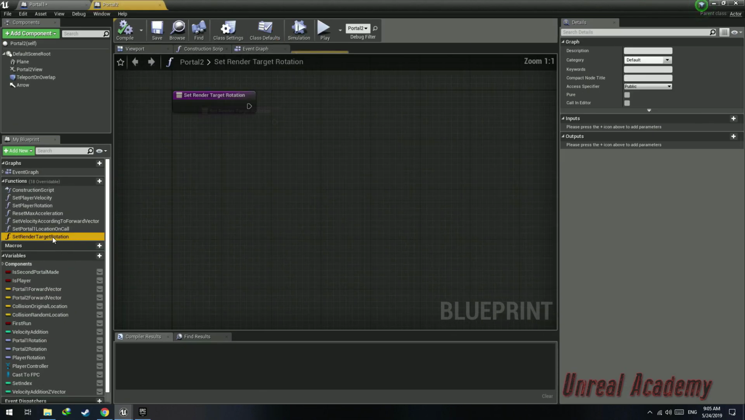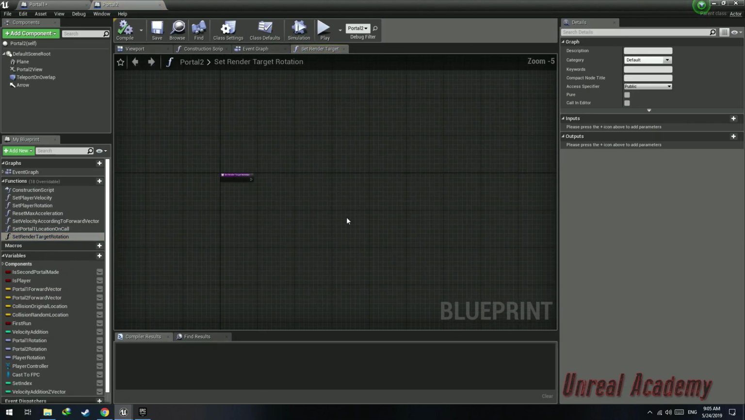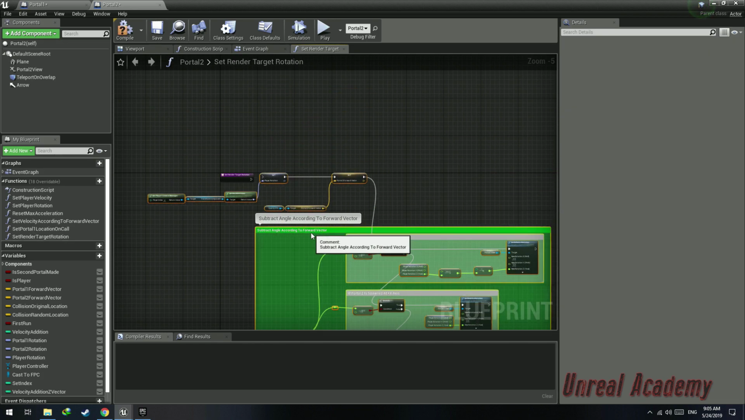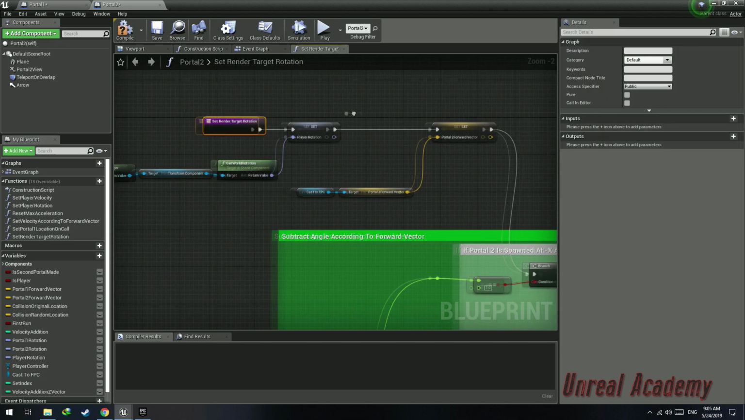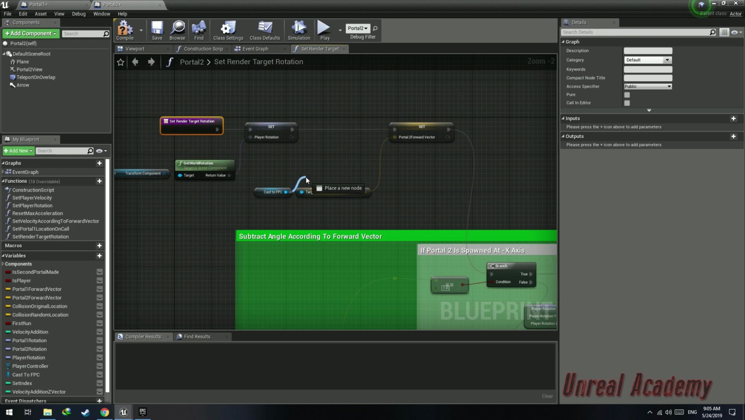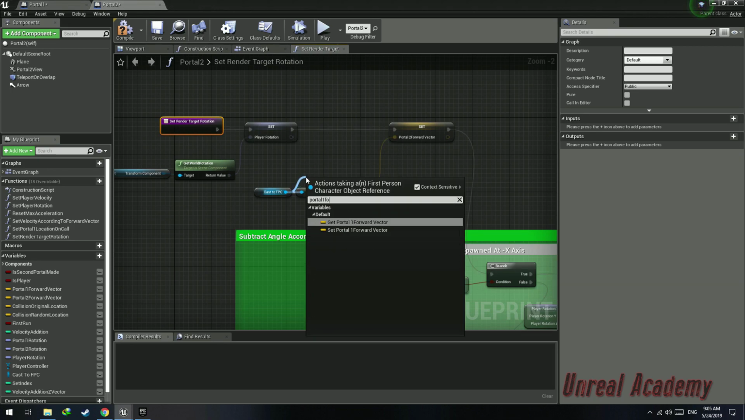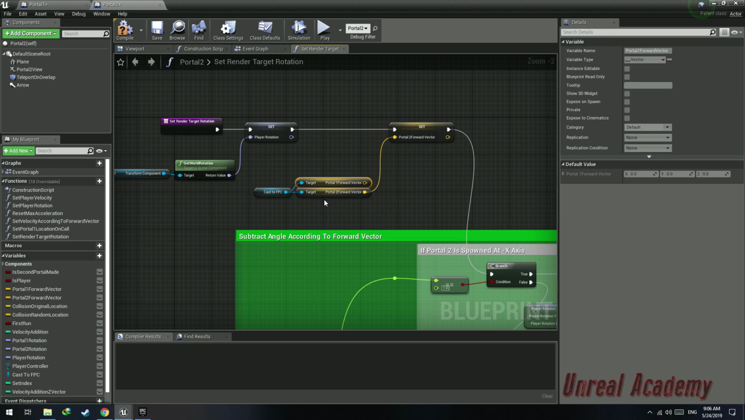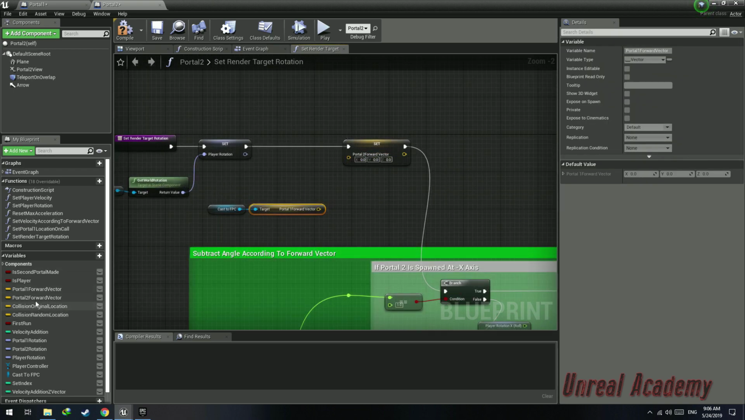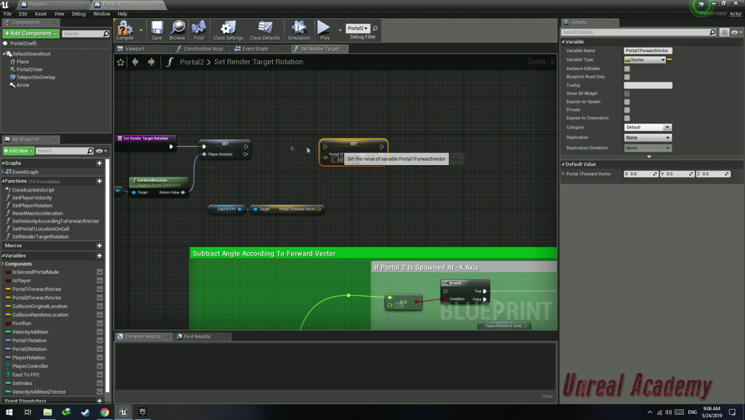Open up the set target rotation function and paste all of this here. And this time the only difference is instead of getting Portal 2 forward vector, we're going to get Portal 1 forward vector. And delete this. And instead of setting Portal 2 forward vector, we're going to set Portal 1 forward vector. Delete this, plug in this here, and this inside this. Execution into the branch statement,